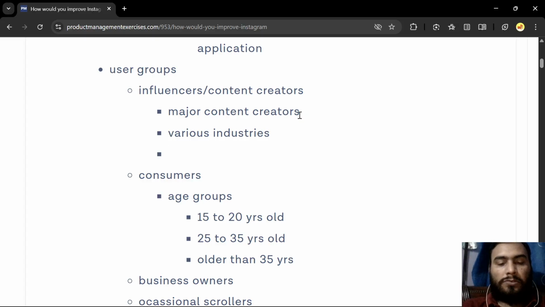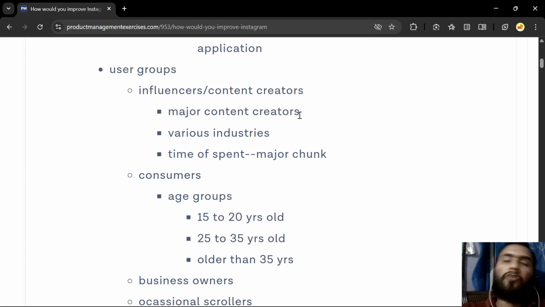One way to classify them is the time they spend on the platform. That is a major factor, I would say, because most of their time is spent on the platform, as I believe their main source of earning or livelihood is this platform. So they spend most of their time on this platform.